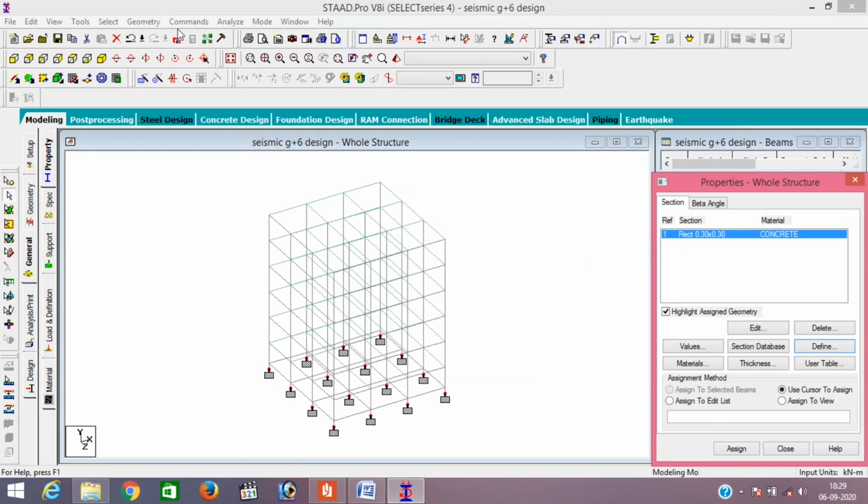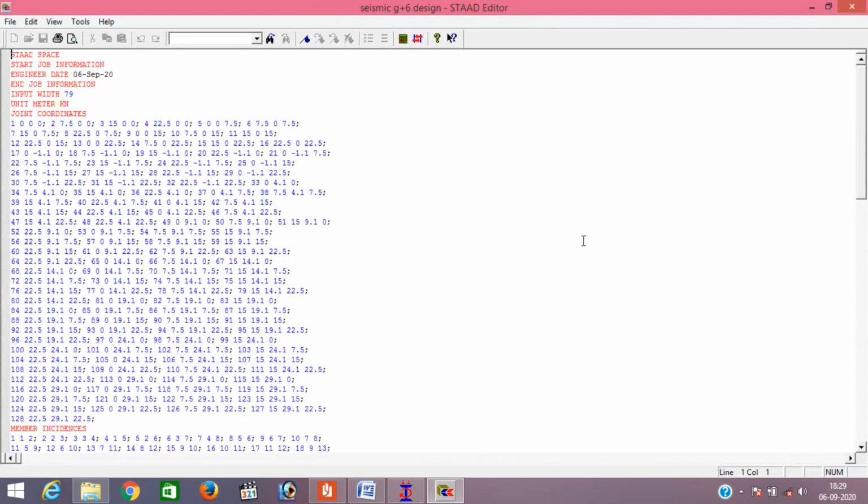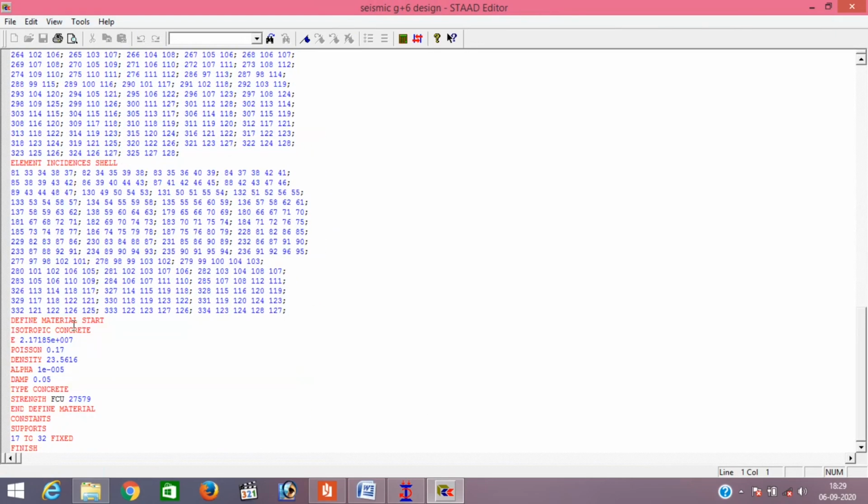So firstly we define our concrete grade. Go to the STAAD editor, then save it. After going to this STAAD editor, just go to define material start. So our concrete grade is M30 first, just write M30 here. Then the characteristic compressive strength of M30 grade concrete is 30,000 and the density of concrete is 25.